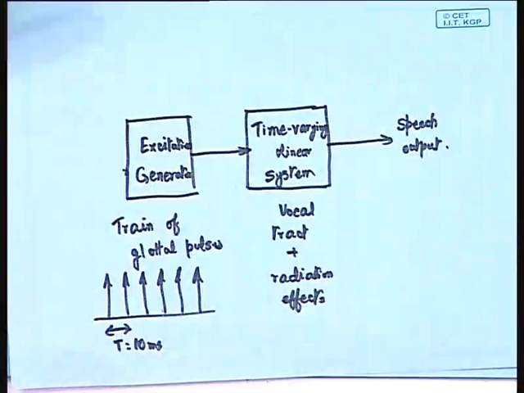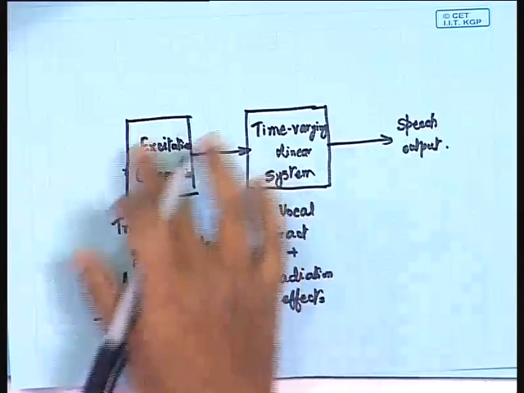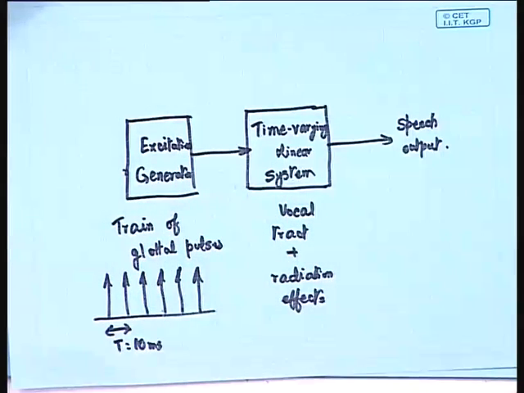So, if we want to make it more natural, what we need to do is not just artificially create this excitation. Because how do we create excitation artificially? A train of glottal pulses of constant frequency? Well, that is not the case, because as I was telling you, the pitch varies. So, we should not be considering the train of glottal pulses just like that. In fact, it should be derived out of our speech signal. So, we should do a kind of speech analysis.